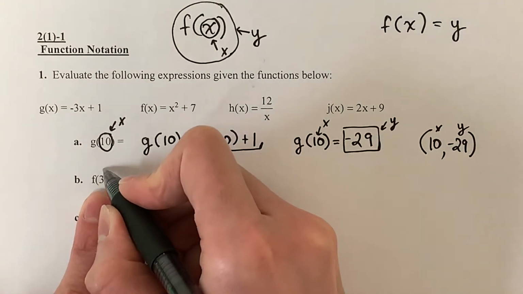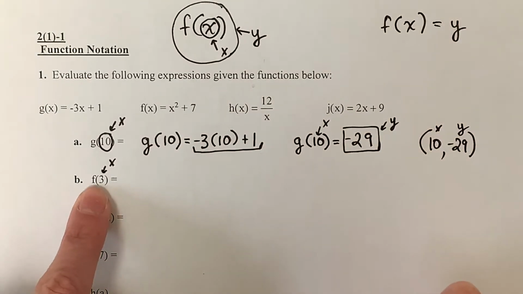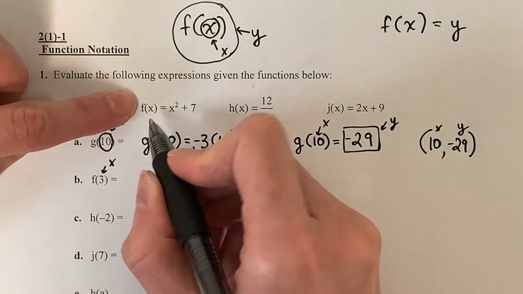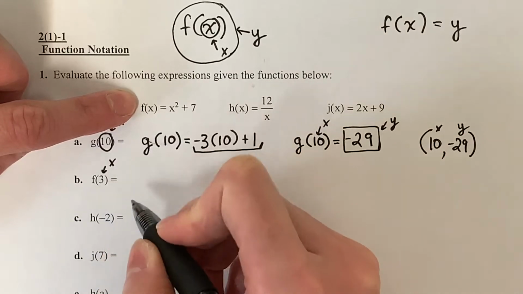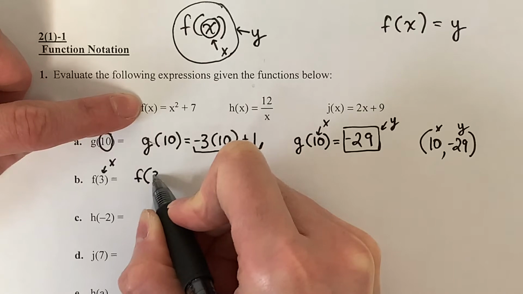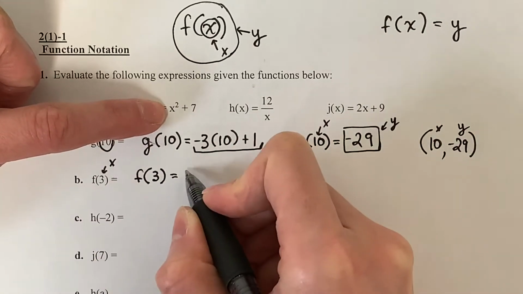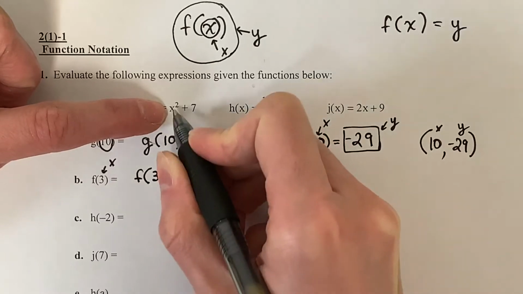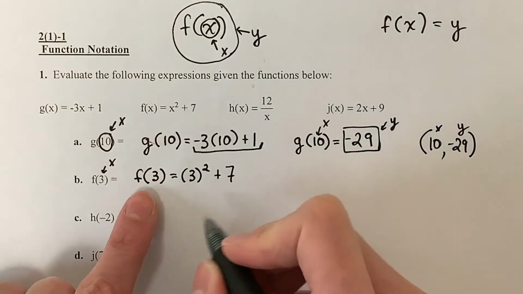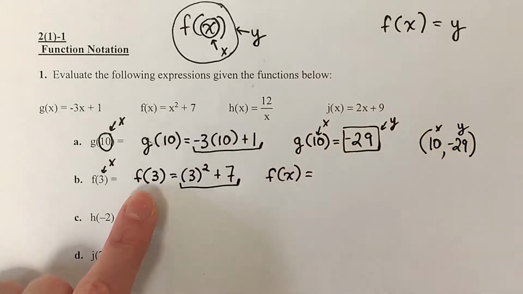This number is 3. It is inside the parentheses, so that is x. This is f, so I will do this equation here. So I'm going to change the x's and put 3 in parentheses. So f, parenthesis, 3, parenthesis, equals, no x, I will put 3 in parentheses, squared, plus 7. Okay, I will copy the left side, equals, and the right side I will put in the